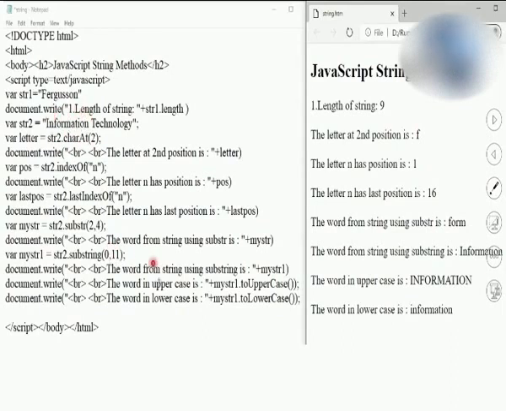Now over here observe the word it has printed. Now 2 lowercase and 2 uppercase, you may observe that information word as I have printed, because it is my string 1. I have assigned this one as a substring. So because of that it has only one word, information, and it has changed to uppercase and lowercase respectively. Students, do not forget to write down the U capital into uppercase, C capital and L capital for 2 lowercase, C capital again into lowercase. So this is all about the syntax of the program. So you need to remember all the syntax for the string.